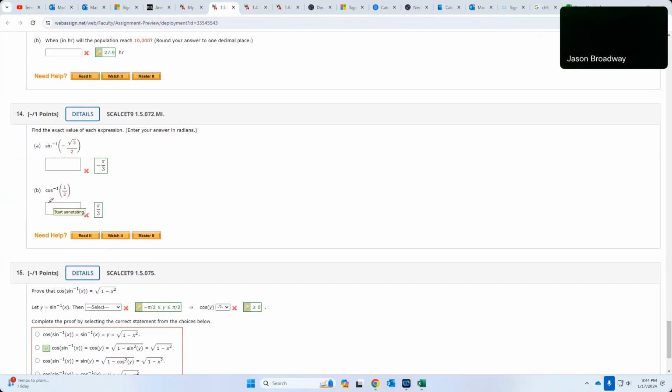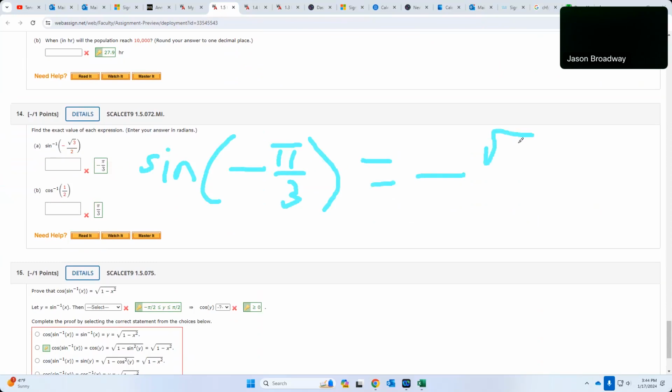If you go backwards, the arc sine of this is the angle such that the sine of this angle would give you, so the sine of neg pi thirds, which is negative 60 in Babylonian degrees. So the sine of neg 60 degrees is negative 1/2 of radical 3. If you went backwards, it's the